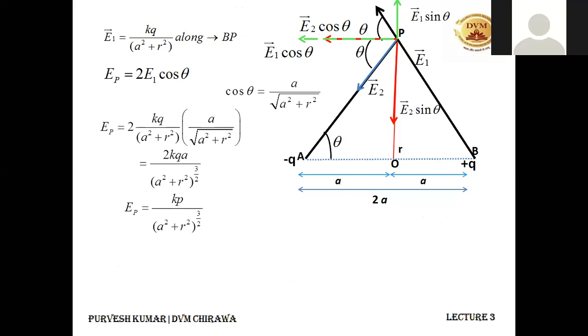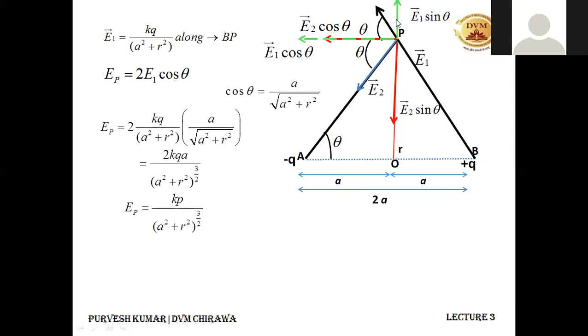One question is being asked by Shriyanshu, I think. He has renamed himself as Gabbar over here. So Shriyanshu, just listen: when we resolve this E2 into vertical and horizontal components, it can be resolved into two parts. One is along theta, that is E2 cos theta, and one is opposite to theta, that is E2 sin theta. And when I resolve this E1 into two components, then along theta it is E1 cos theta, and opposite to theta it is E1 sin theta.